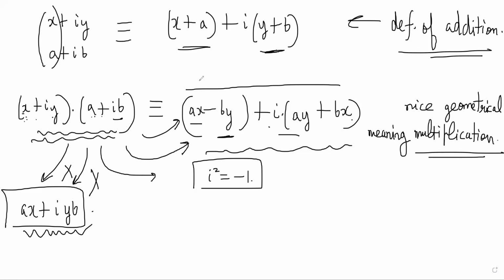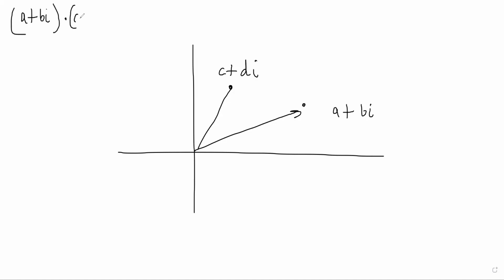What I mean is this: if I have one complex number here, a plus bi, and another complex number here, c plus di, what is the product of two complex numbers if I have to draw it? Where should I draw the product of these two? Can we take the cross product? There is only one product, dude. Complex numbers don't have a dot product and cross product as far as you know right now.